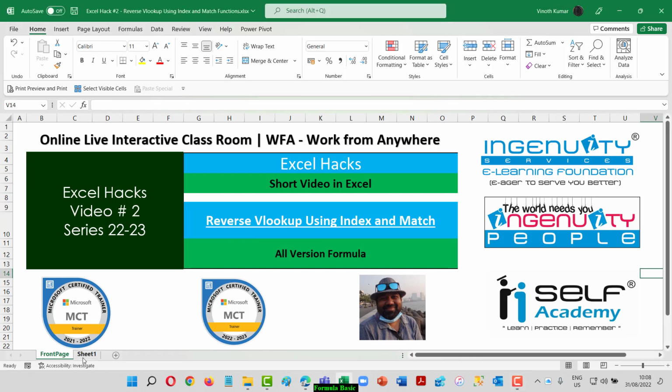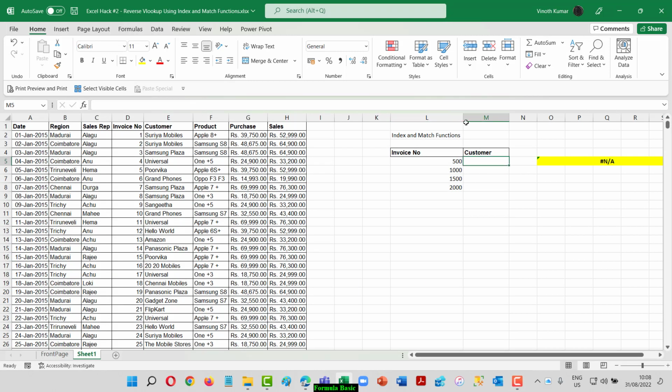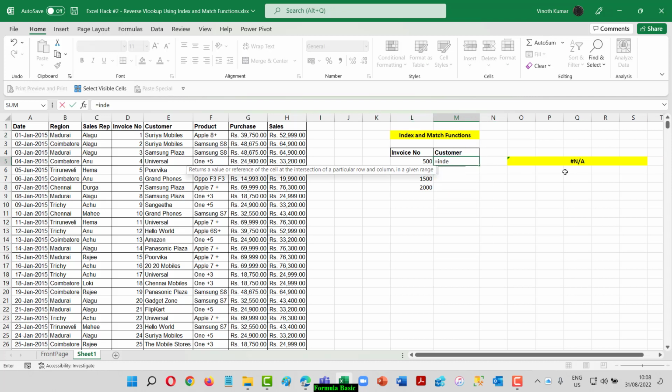So let me go back to this list, and this is a combination formula that I'm going to use right now. So let me just add them up and then show you how I'm going to work on that. So again, the logic will remain same. So I'm going to just say equals index function here, and then I'm going to just fill in the result